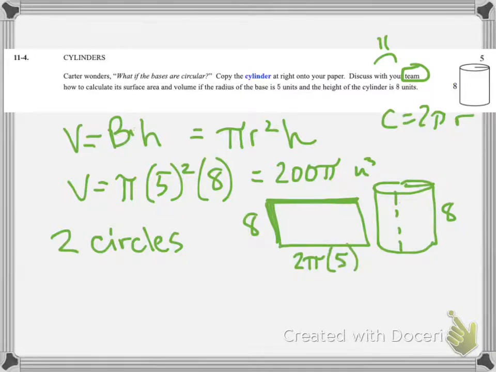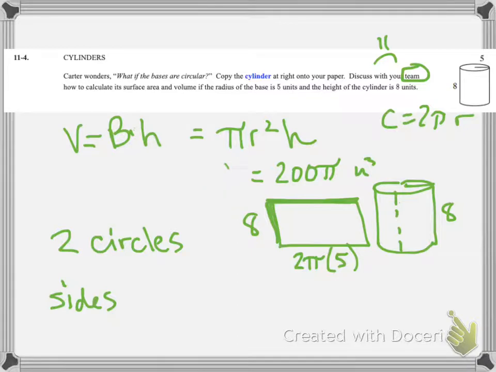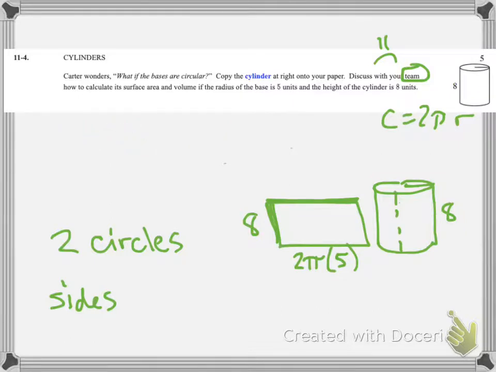Okay, so we've got two circles and we've got the sides of the cylinder. It's a rectangle. And I'm running out of space. Let me do some erasing here. So again, with surface area, you want to show your work, be organized about your work, don't do calculations in your head. You want to map it out for yourself because there's a lot to keep track of here. So we've got the two circles,